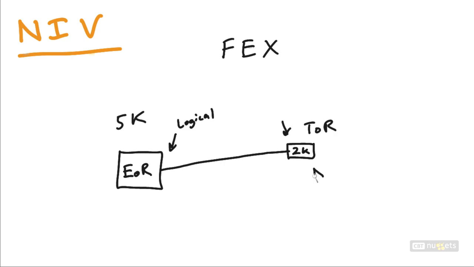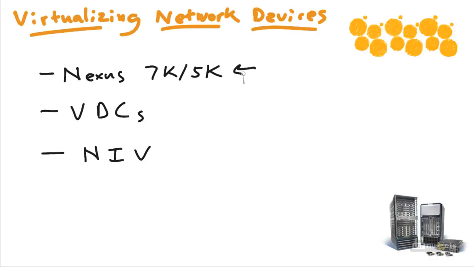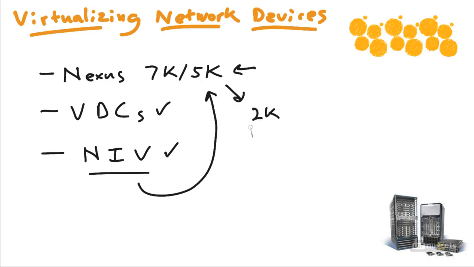really important to you, especially if you're in a 7K, 5K environment and you want to do virtualization inside your device. We know virtual device contexts literally create virtual devices inside of a physical device, and we know that network interface virtualization is a key to the 5K utilizing a 2K down out there as a remote line card. We know network interface virtualization utilizes a VN tag so that those logical and physical interfaces can be